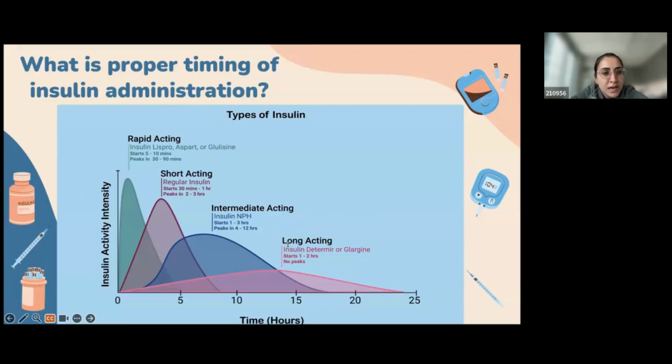However, we do use NPH in certain scenarios, such as with prednisone. That's because the peak action and the whole duration of action of NPH really mimics the effect of prednisone on blood sugar rises throughout the day. So if you give prednisone and NPH together in the morning, the NPH will kick in by lunchtime, which is actually the meal that gets affected most during the day with postprandial hyperglycemia.